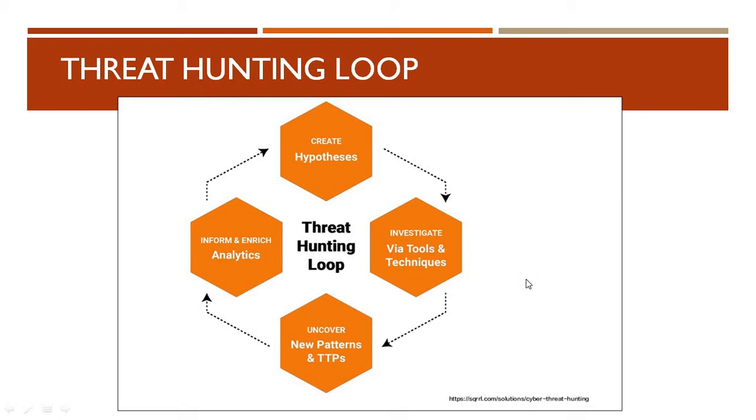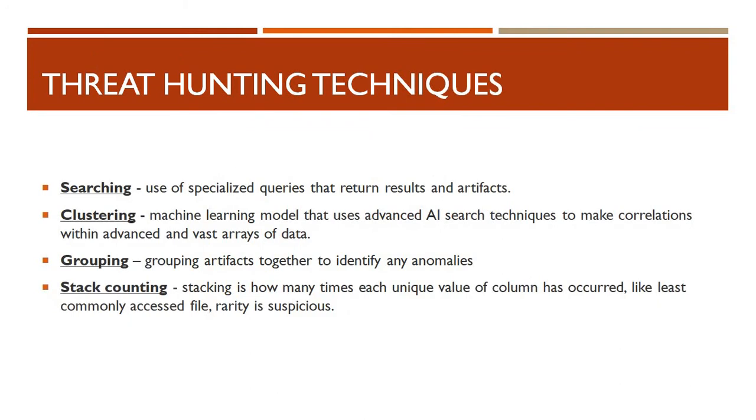So let's move on to our next part, threat hunting techniques. What are the various types of threat hunting techniques which we can use for performing the threat hunting operation? The first one is searching. The use of searching basically is to write search queries. If we have any kind of SIEM or log management solution or a threat hunting solution, we can use specialized search queries based on the platform which you are using and the output which we get. That's the manual threat hunting which we have already discussed in the previous part. So searching is one way of performing threat hunting.